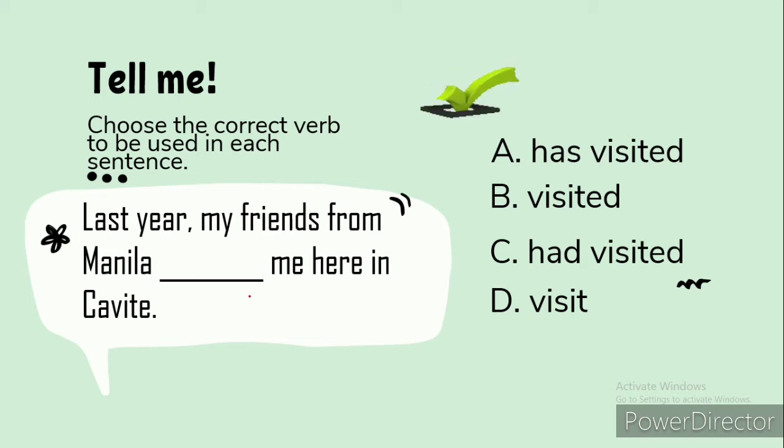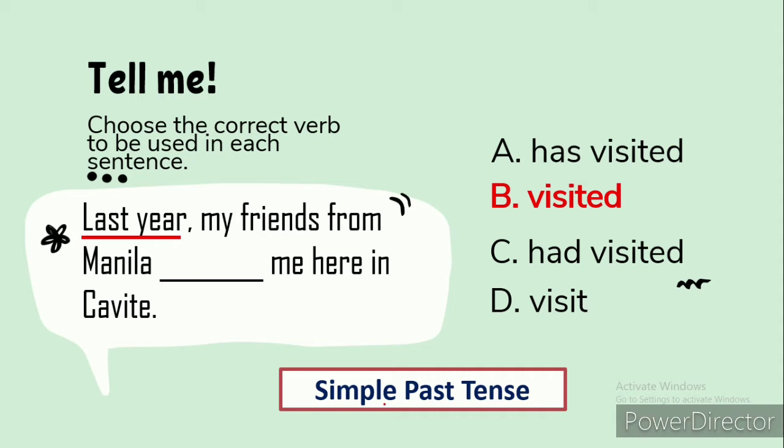Alright, very good. The answer is visited. Take note of the time expression last year, meaning it already happened in the past. Last year, my friends from Manila visited me here in Cavite. The word visited is in simple past tense. Next,